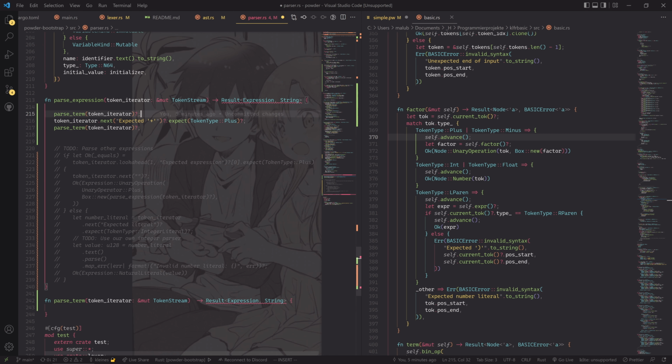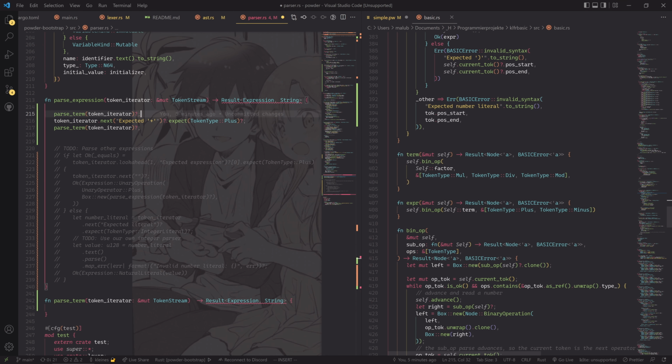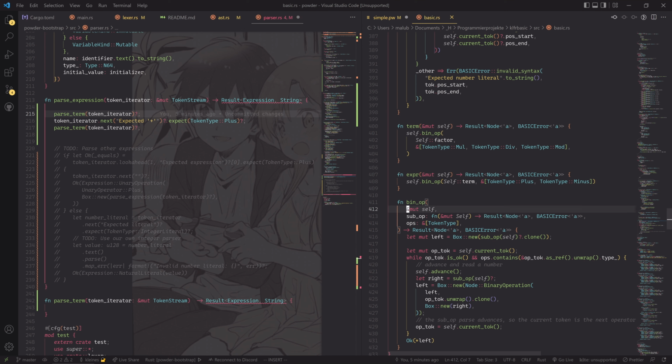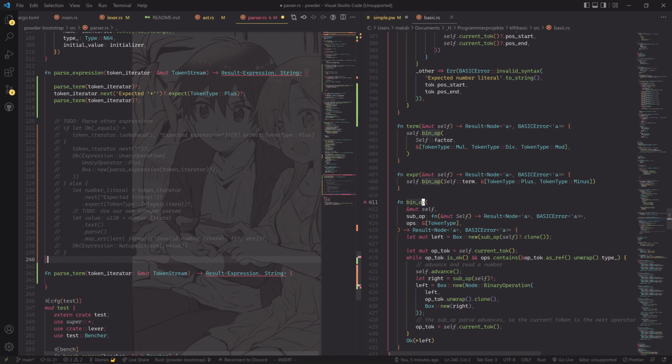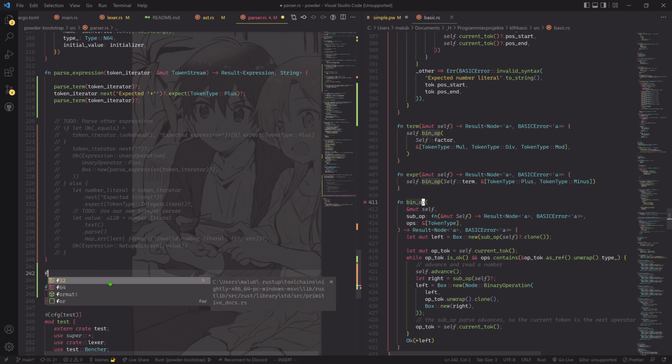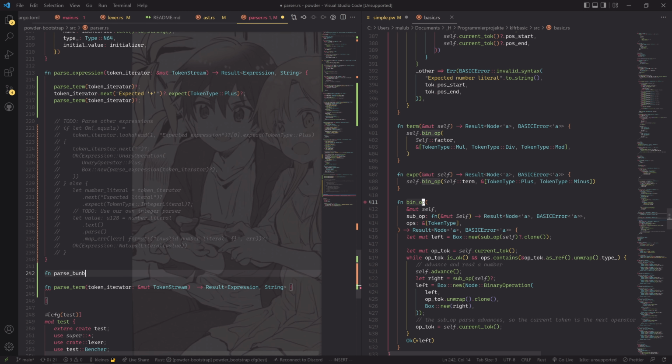So basically we want to parse a term. Actually, I think I'm going to replicate that. I'm going to write a helper function that parses a binary expression. Parse binary operation. We'll get a token iterator, which is a token stream. Get a result